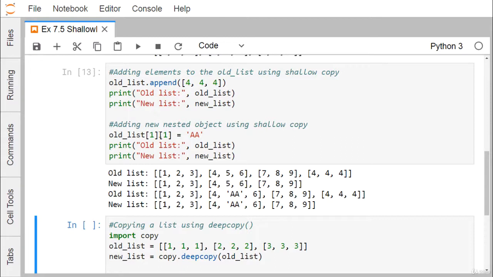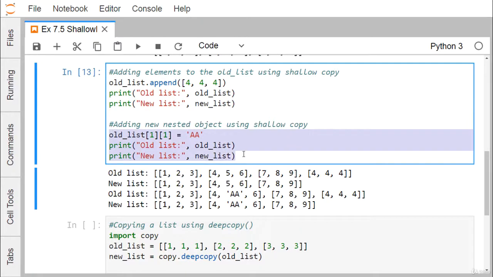We are just doing an update on this item number 11 with the value AA. So there is a 0 element and a 1 element. So 1 means this very element in the list. It is getting updated by this AA, and now in the new list I'm getting this particular value AA here. So now you can find how these values are getting updated.